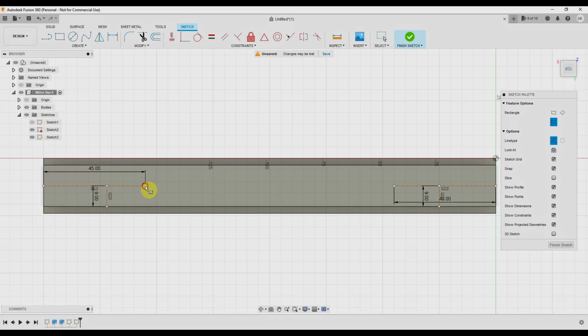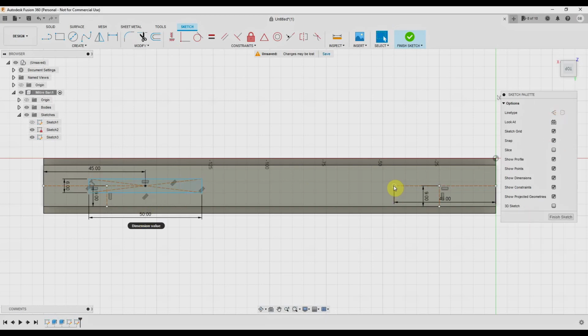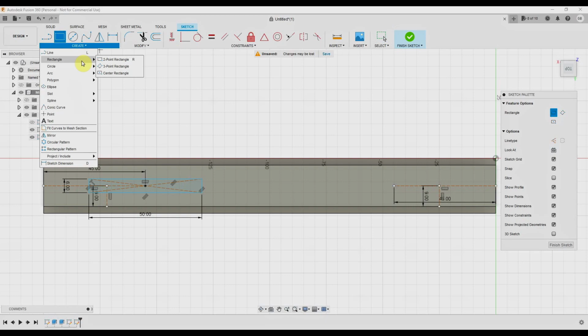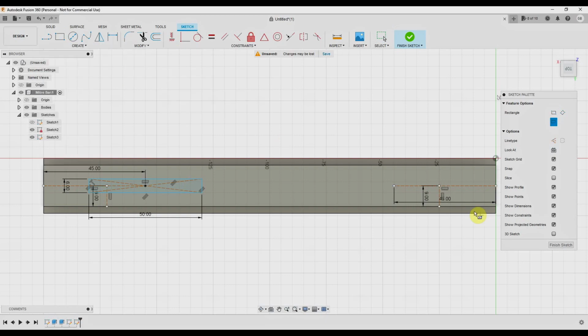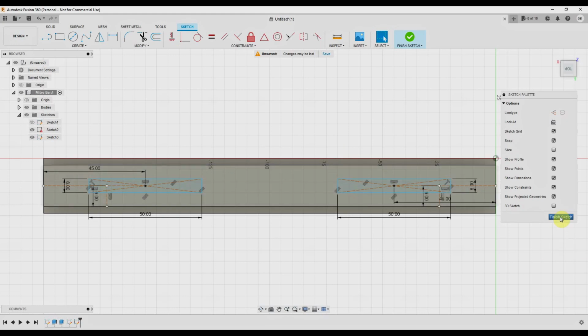I'm going to click on that dot, drag out, and I'm going to type in 50 mil long by 6 mil high. Before I hit enter, I'm going to remember to turn off construction lines, and I'm going to do the same at the right hand side. So choose my center point rectangle, click on the dot, 50 mil by 6 mil, enter, and I'm going to click finish